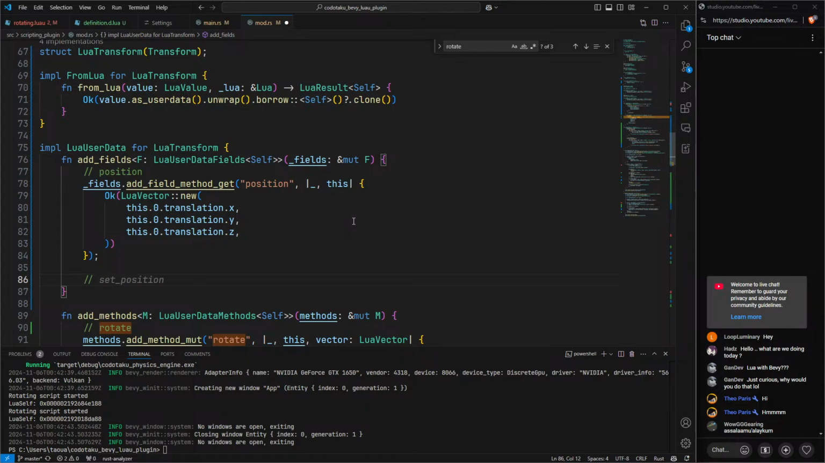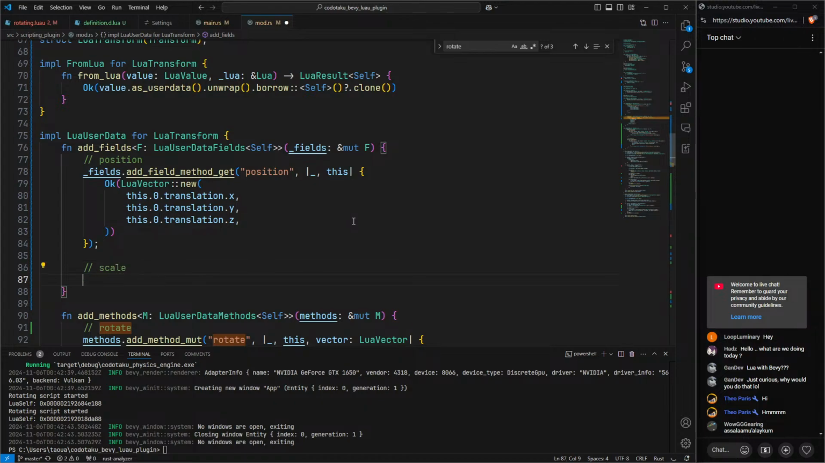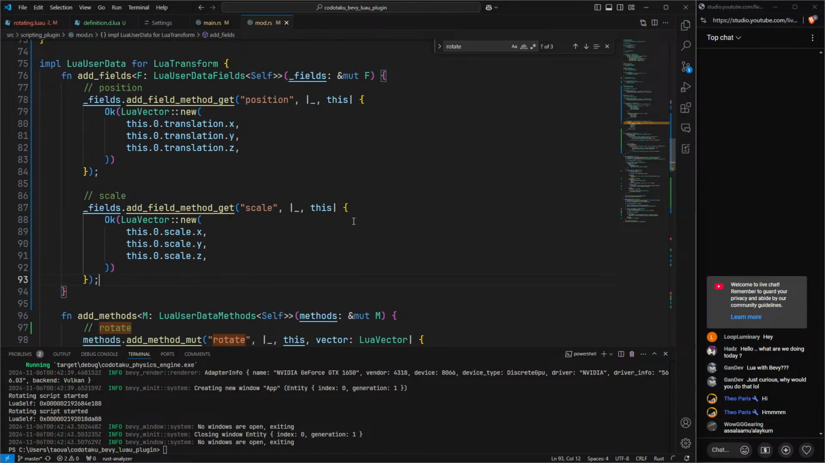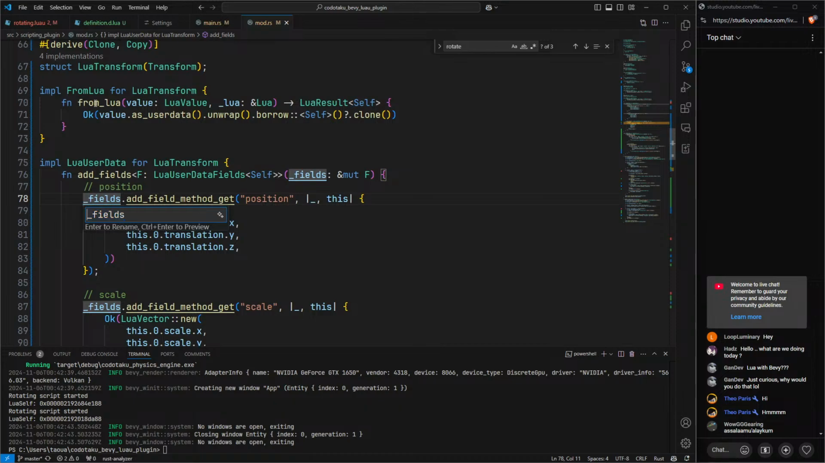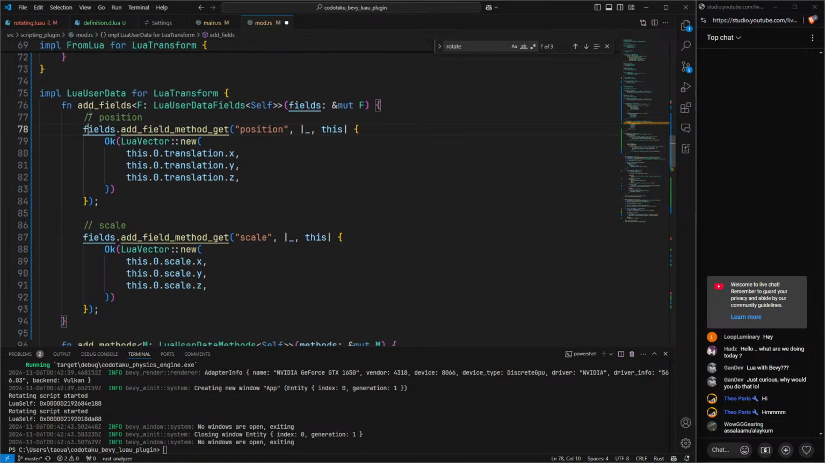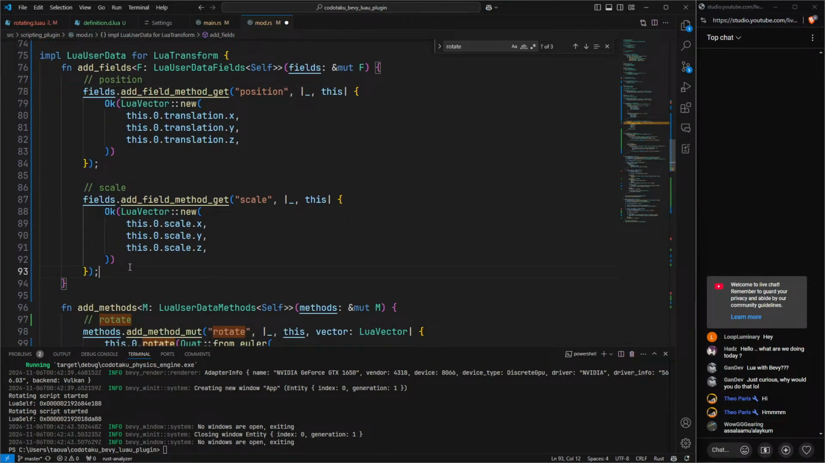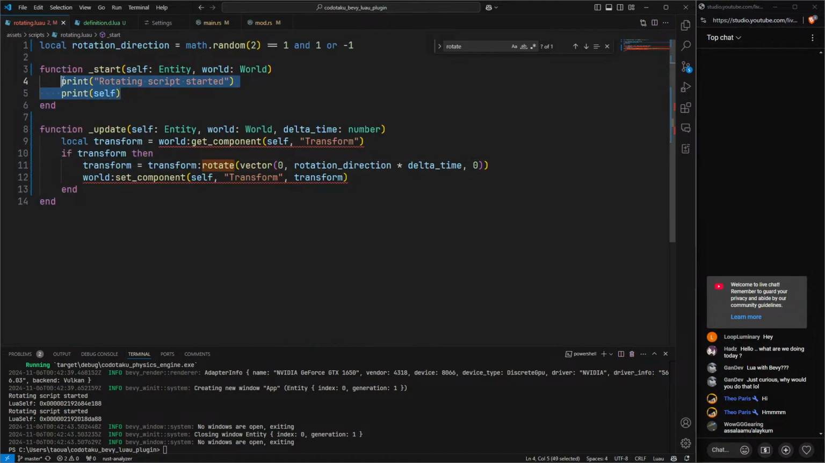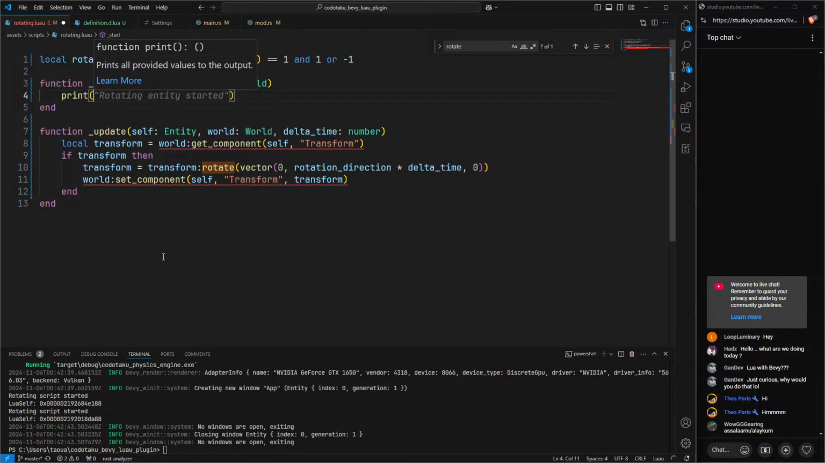Now let's go with rotation. We will need another custom type, but let's just go with scale for now. And let's actually remove this now because we're using it. So that's how you're going to get the scale. Now if we actually come here and print,